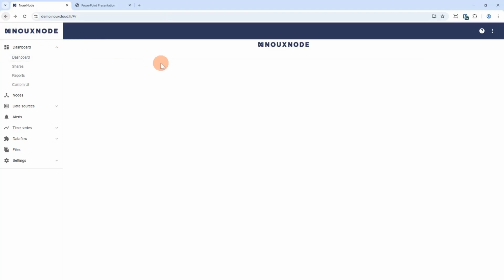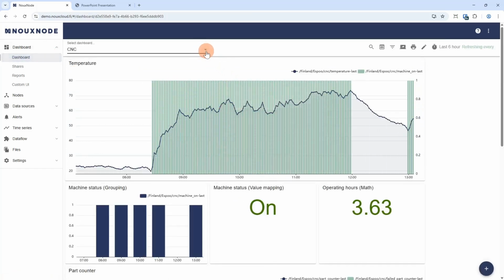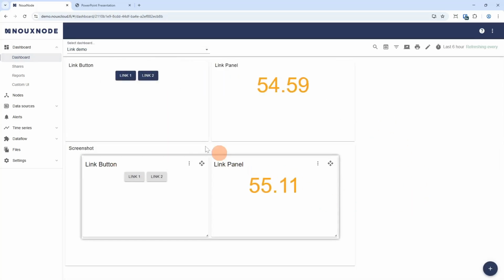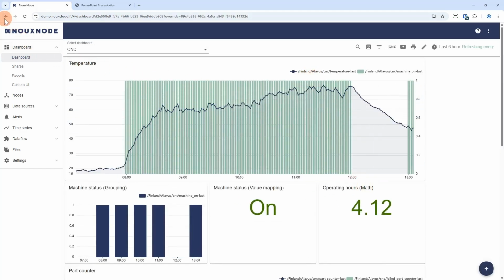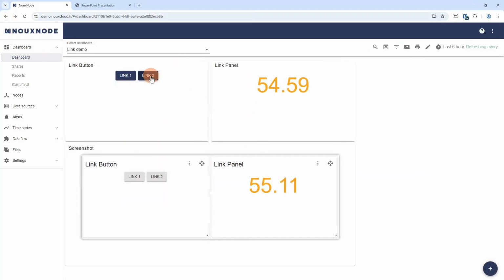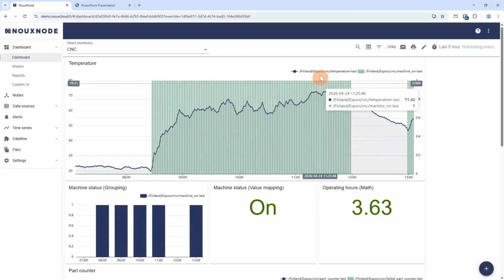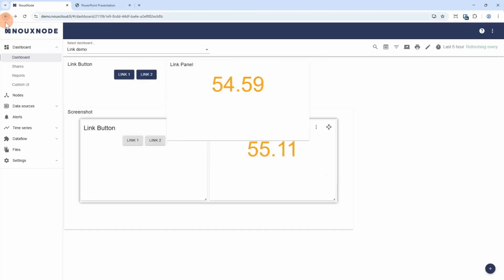Sorry, not a bug, it's because I did not save it before. Let's try this again. Link one goes to the Alavus location, and if I go back, it goes back to this dashboard, and link 2 goes to